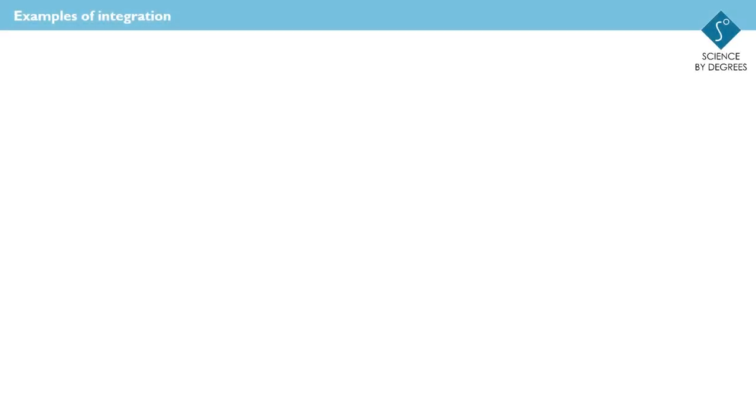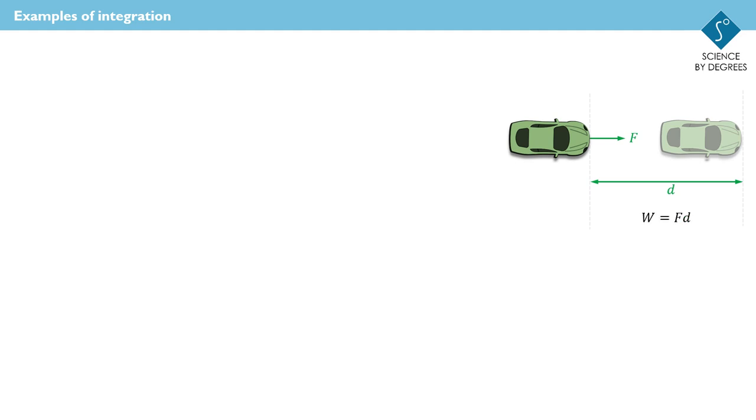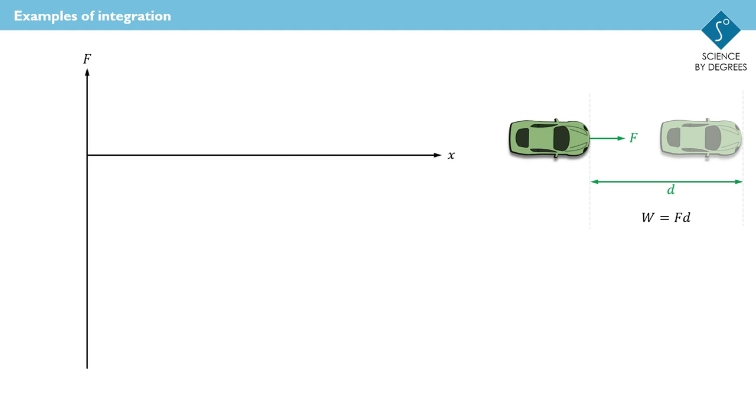You may be used to the quantity work done as force times distance. So here's a car being moved by a force, a certain distance, and the work done, W, is the product of the force multiplied by the distance travelled. Here's another example. The force is being provided by Earth's gravity on an object as it accelerates a certain distance